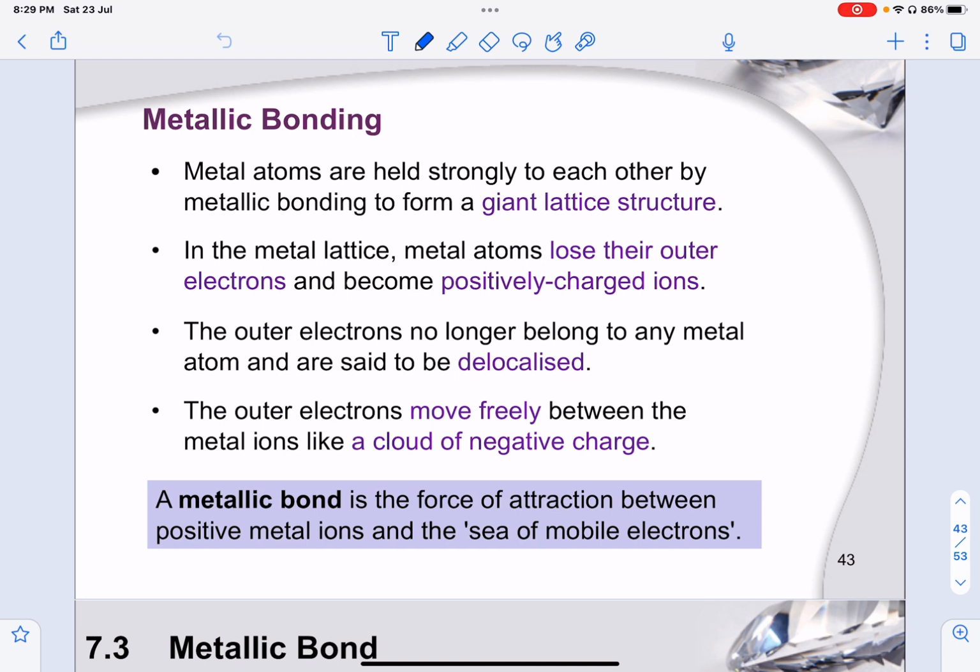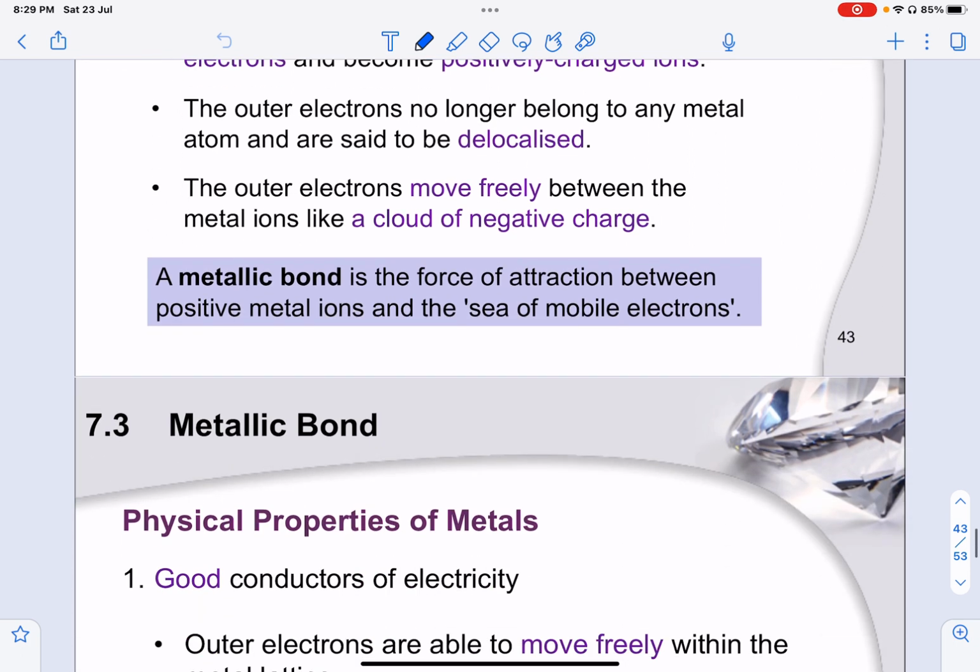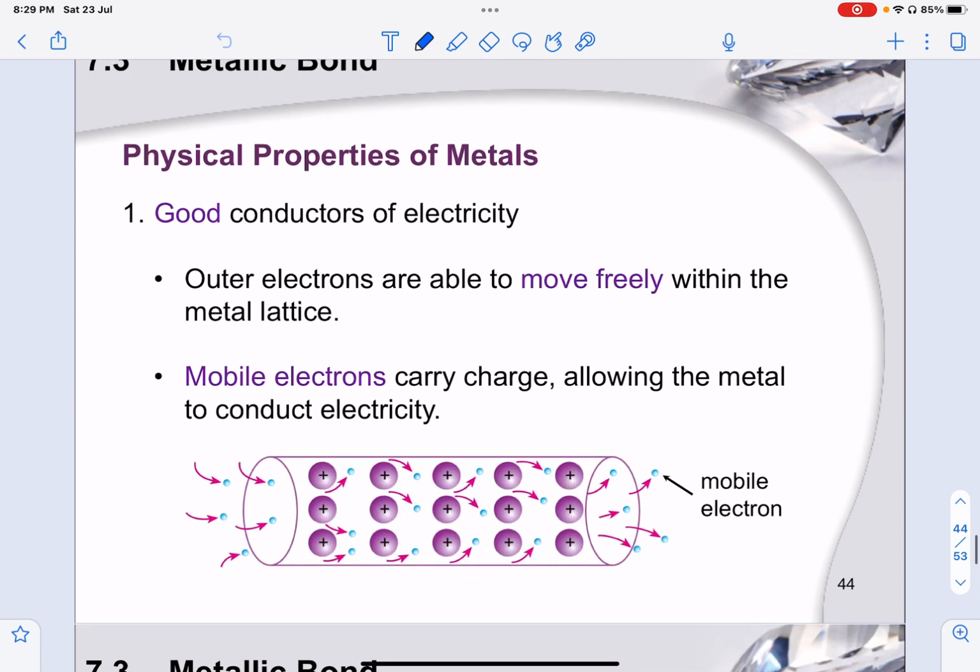As the outer electrons are no longer bound to any metal atoms, they tend to be delocalized, meaning they can move everywhere they can be, and these outer electrons move freely between metal ions like a cloud of negative charge. That is why a metallic bond is the force of attraction between the positive metal ions and the sea of mobile electrons. So when it comes to physical properties of metals, right,